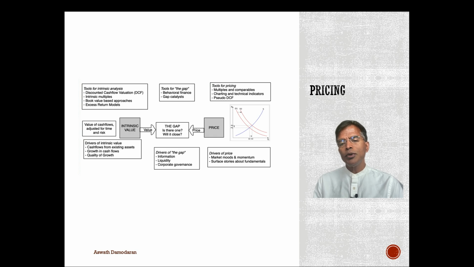And if you look at the tools we use to price things, we essentially try to compare what we're pricing to other things like it and see what other people are paying for similar things. Whenever you see people use multiples and they claim to be doing valuation, that's not true. They're pricing companies. Nothing wrong with it. A very different process. The value process driven by cash flows, growth, and risk gives you value. The pricing process driven by demand and supply and more indirectly by mood and momentum gives you price. And sometimes the two can give you different numbers. That's at the basis of active investing.